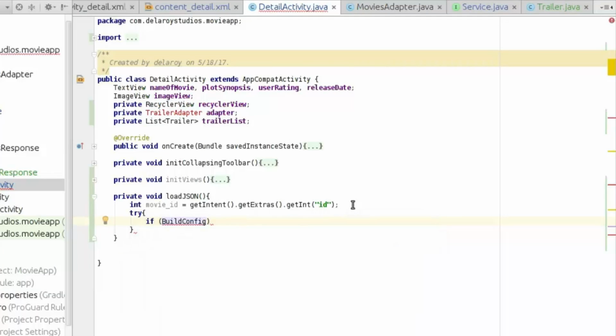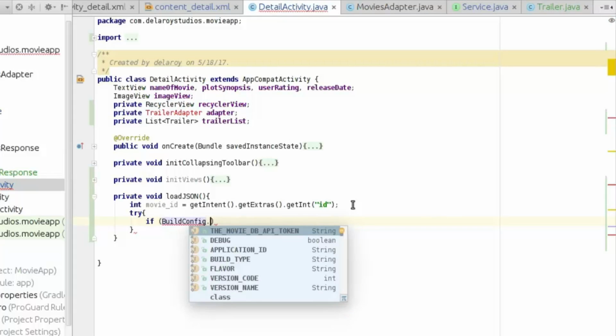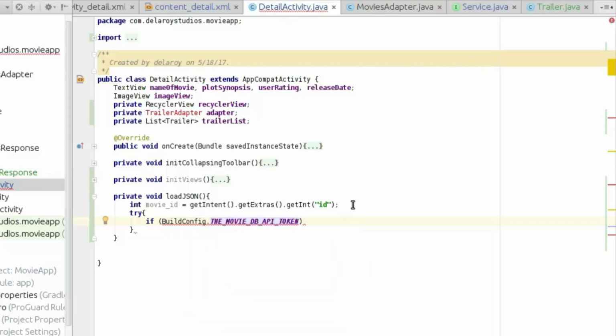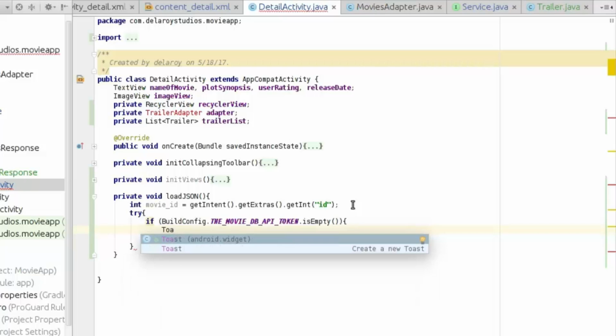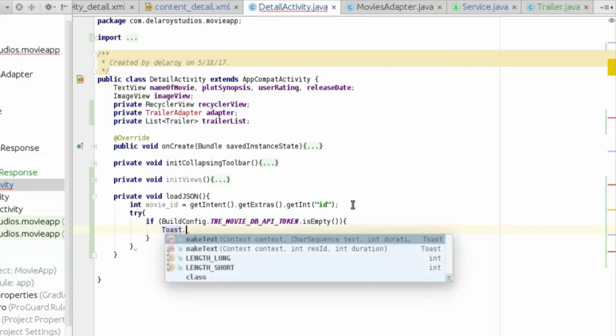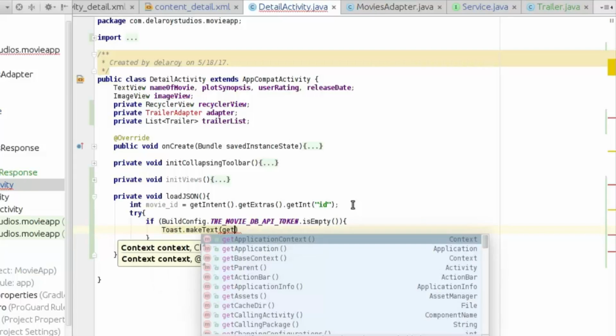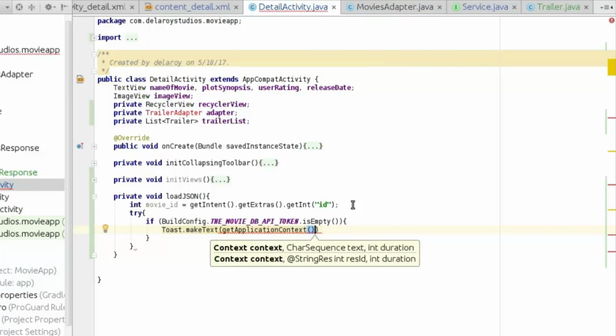BuildConfig, just call the movie DB API token. If it's empty, probably no API key, it's actually going to toast, make text, get application context, please